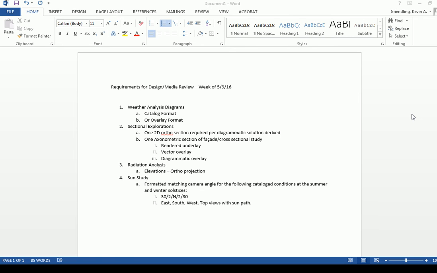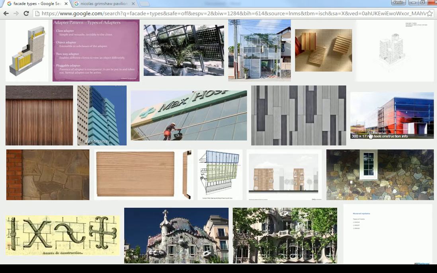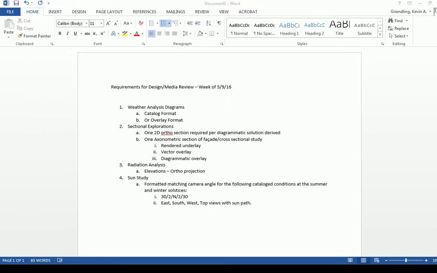Okay, and then item number 3, the radiation analysis. So that is what we did more recently. Oh, I closed it, didn't I? Let's see. Well, I think you guys know what I'm referring to, right? The radiation analysis that had the orthographic projection that showed it in elevation. So we're not just doing the radiation analysis and then showing it from an aerial. We're actually looking at the elevation with a graphic underlay that shows all of your,